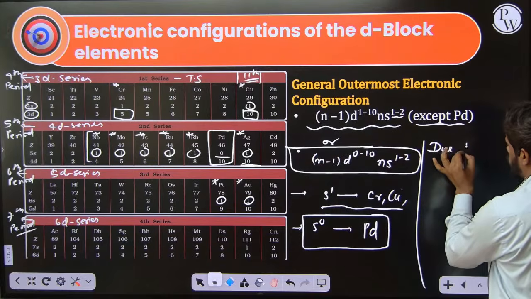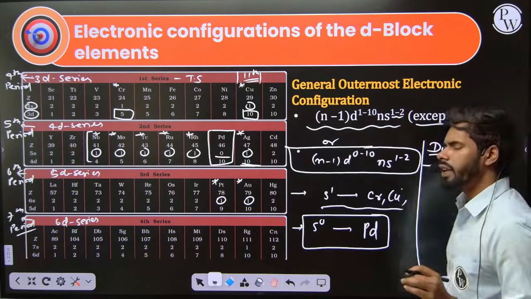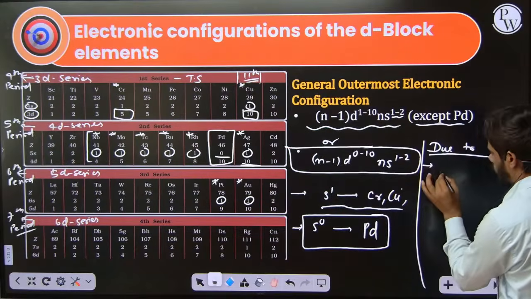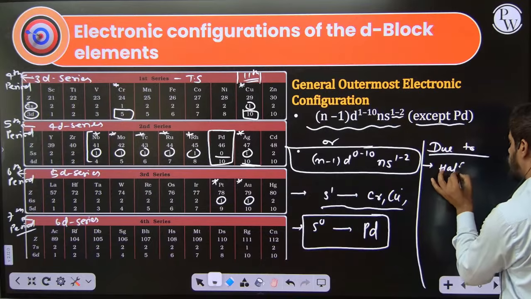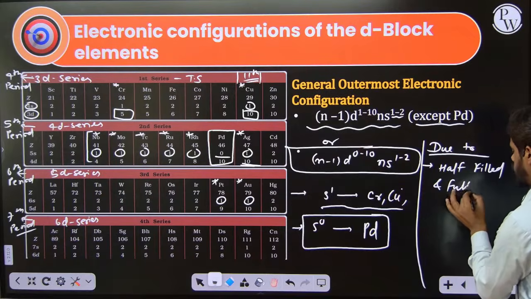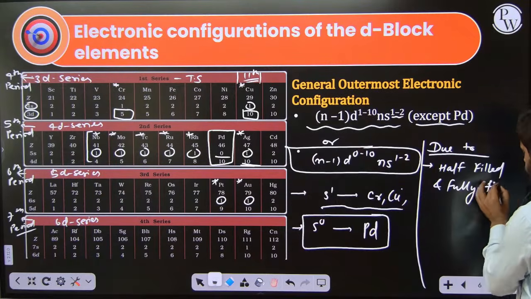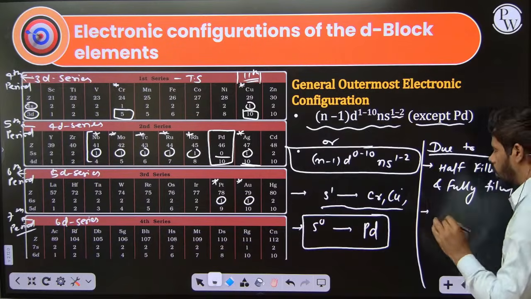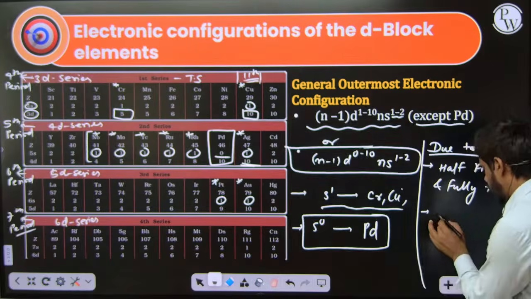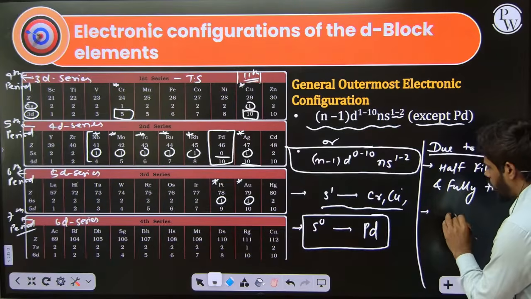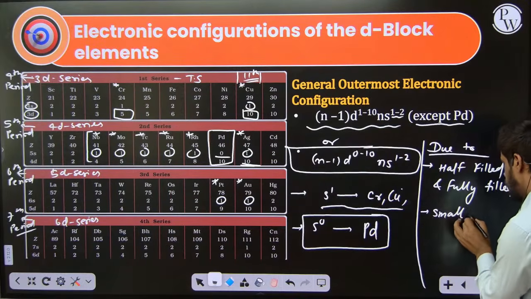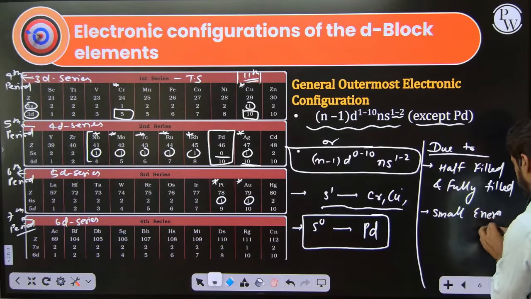The first reason we can say is the stability of orbitals. It is stabilized by half filled and fully filled configurations. These are the two reasons. Another reason is the transfer of electrons between the s and d orbitals. Why is it so? Since there is a small energy difference